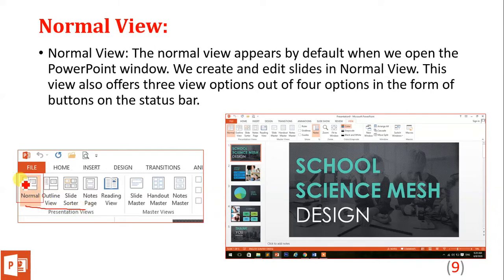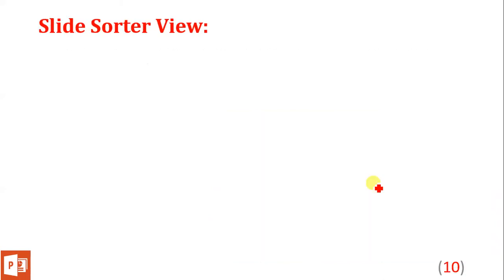From here I have selected normal, and then the normal window like this will appear. In this you will see 2 panes, one on the left side and the second on the right side. In the left one you will see all the slides in small view, whereas the selected slide will appear in the large view.